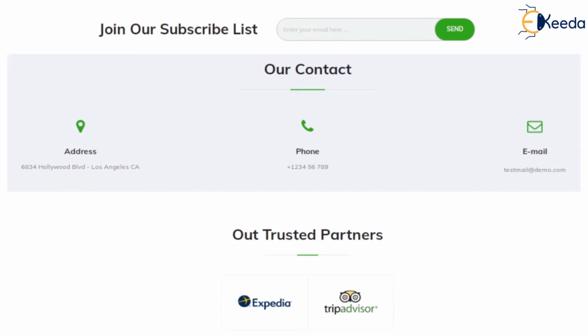And this can be considered as a lead generation platform also, where the customer can leave their email and therefore can then be converted through successful email marketing campaigns. The company can also provide information for contact, and then some of their trusted partners and customers can also be mentioned. So this is how a typical travel site is designed,